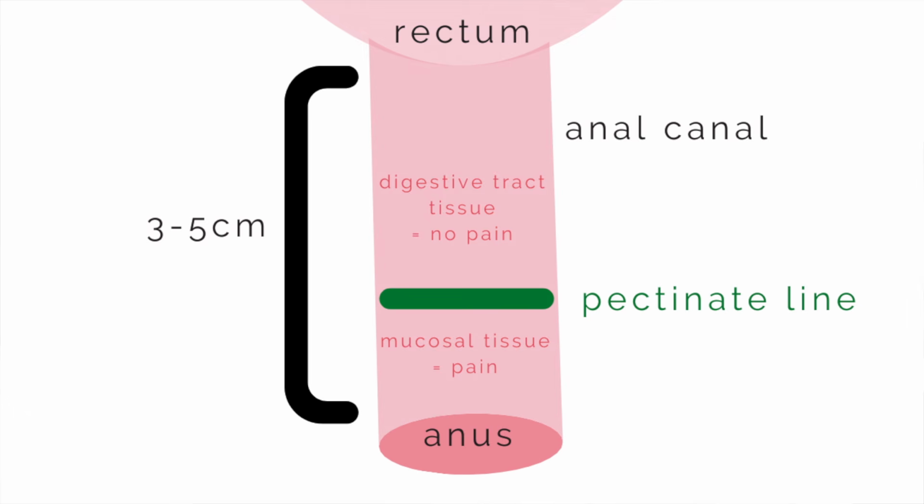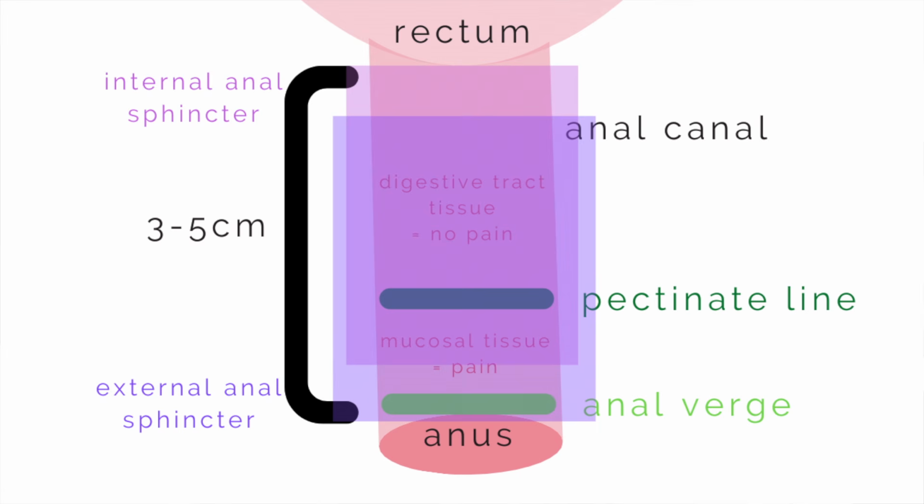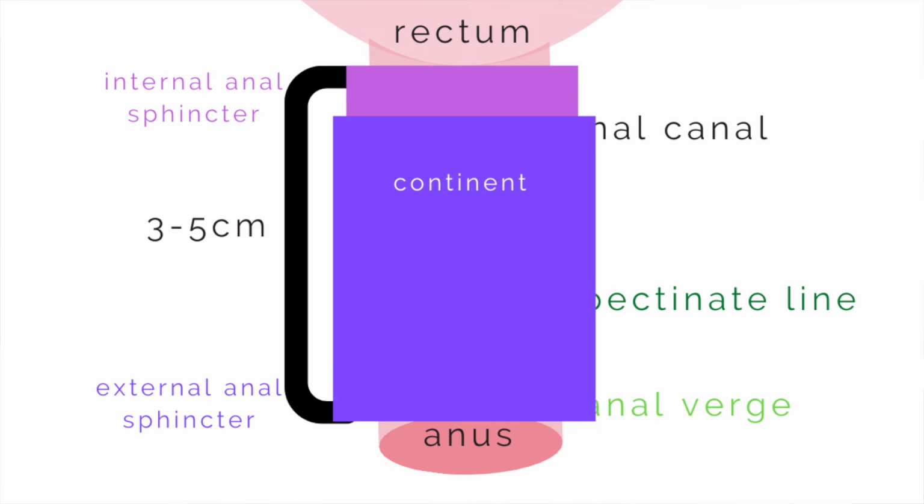We will also find the anal verge, the transitional zone between the mucosal skin of the anal canal and the regular external skin of the anus, and we will find the internal and external anal sphincters, which work together to keep us continent. In other words, those two sphincters work together to make sure that we have control over gas and poop. Great! Now that we have a better understanding of anorectal anatomy and function, let's define the term anal